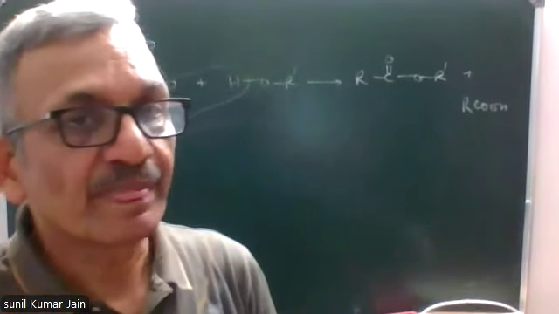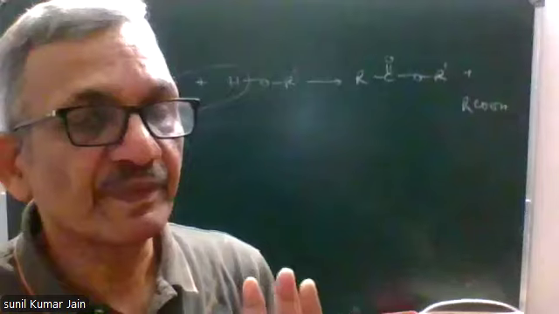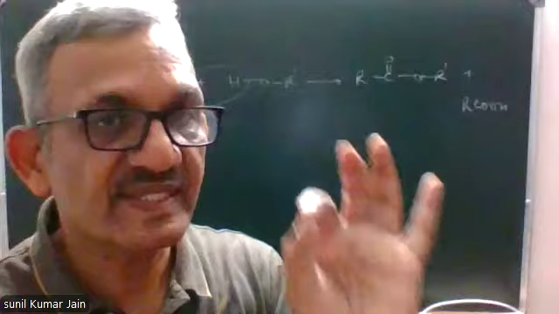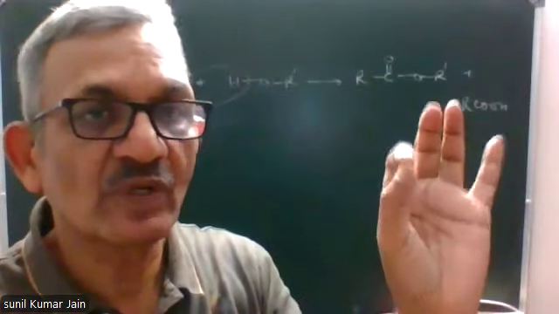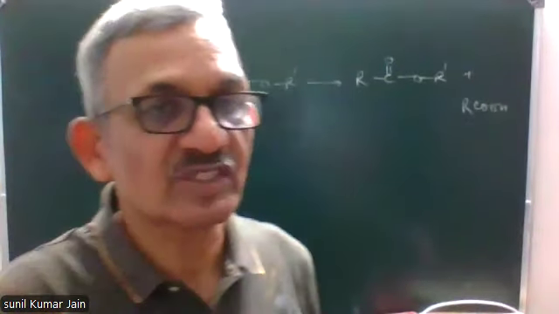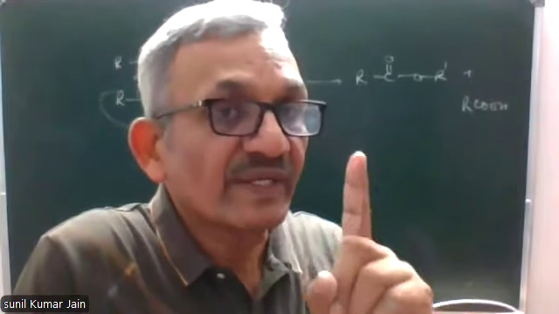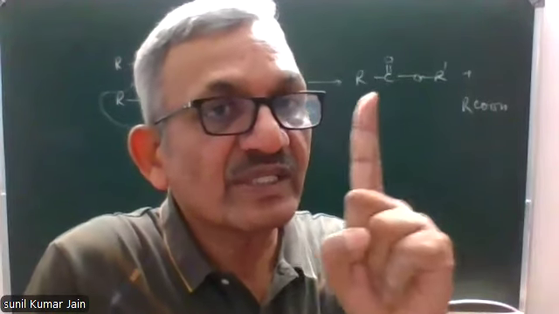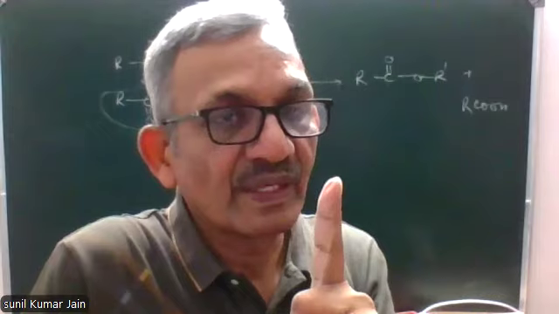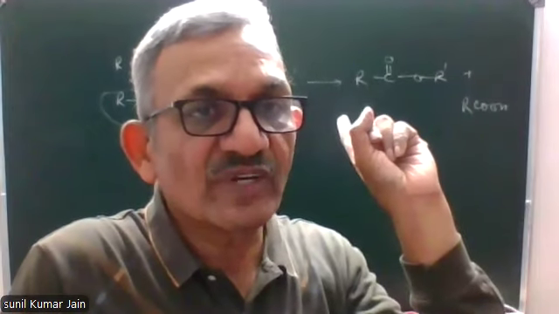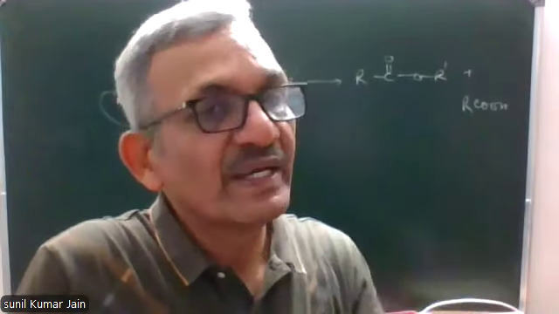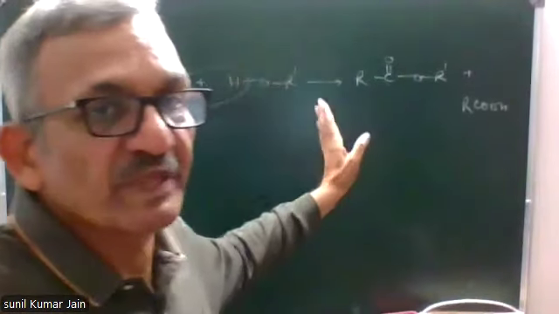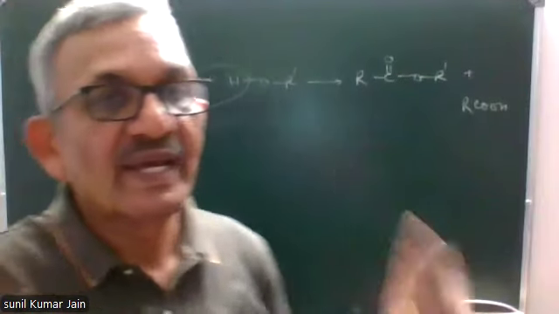This is the similarity: the product formed is the same. The alkyl chain attached to oxygen also comes from the alcohol or phenol, and that is also the same in all these reactions. What is different? The second reactant is different. The reaction conditions are different. In the first case, sulfuric acid and a reversible reaction. In the second case, pyridine is used. In the third case, no special reaction condition.